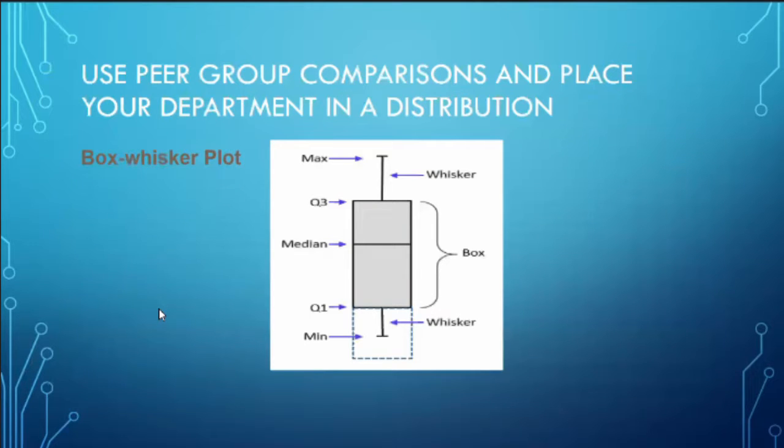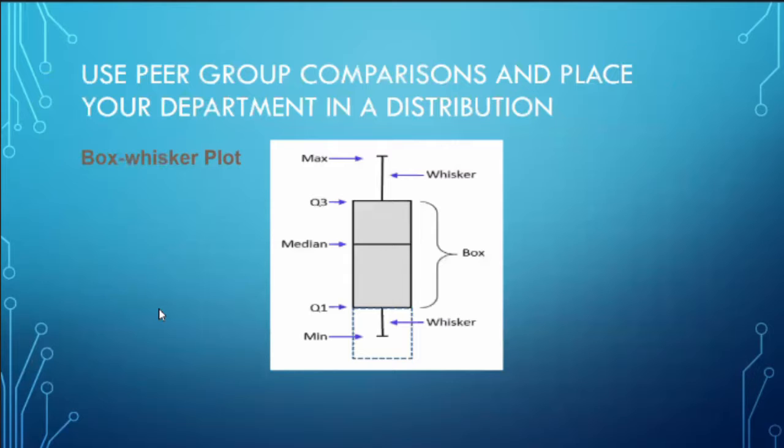Now, once we've got a peer selection, we're also suggesting that using a distribution of values within that peer group for the various cost ratios or productivity ratios is important. And we're going to look at the use of a box whisker plot today as one of the possible ways of doing this. If you're not familiar with the box whisker plot, which sometimes is the case, basically the box